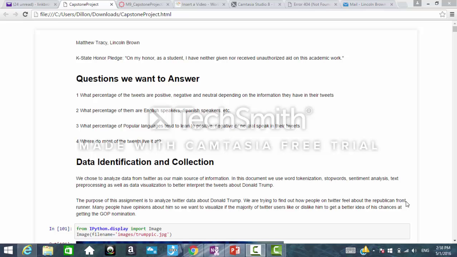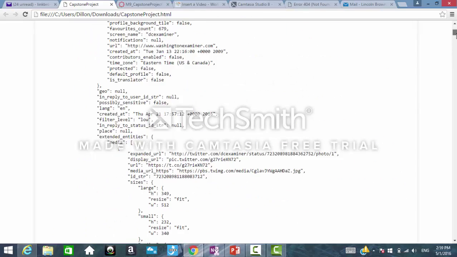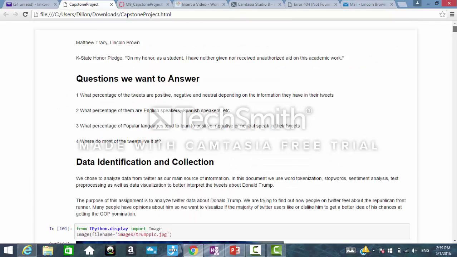Some of the questions that we want to answer: the first being the percentage of tweets that are positive, negative, or neutral, depending on where they live; the percentage of which are English, Spanish, etc.; what percentage of the popular languages are positive or negative in their feelings and sentiments towards Trump; and where do the most people live? We started our data collection by finding all the people in the data set itself,